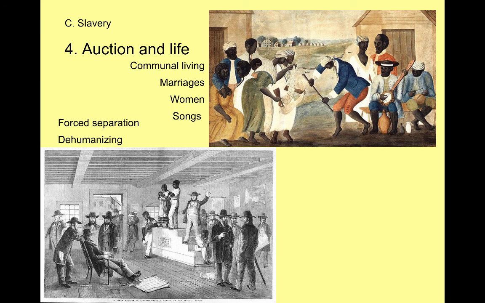When they were out in the field doing field work, there would be this kind of choral singing that would go on. One slave would sing a passage, and then the rest of the slaves would respond in chorus. And you can still see this in some church services and in some choral pieces that we still have around today. In these songs, this would give people some hope.